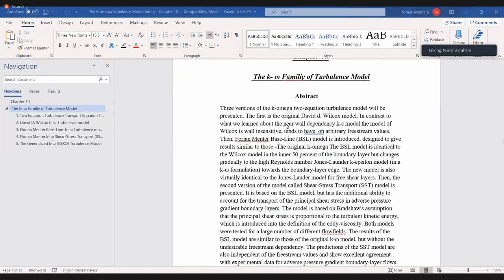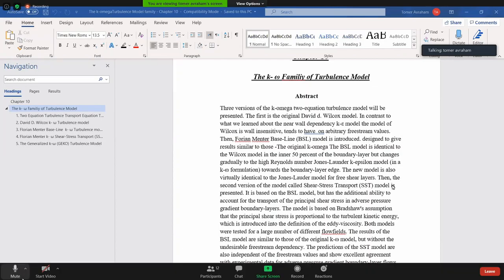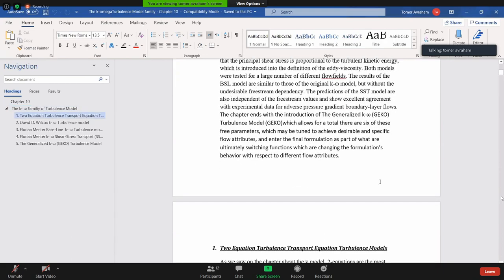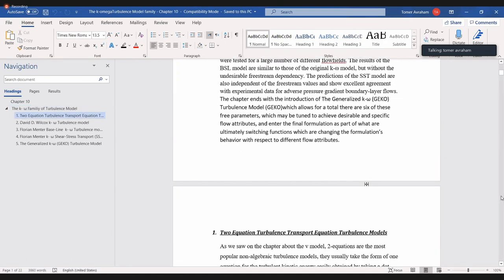But apparently, even more than that, when we developed the equation for the kinetic energy,